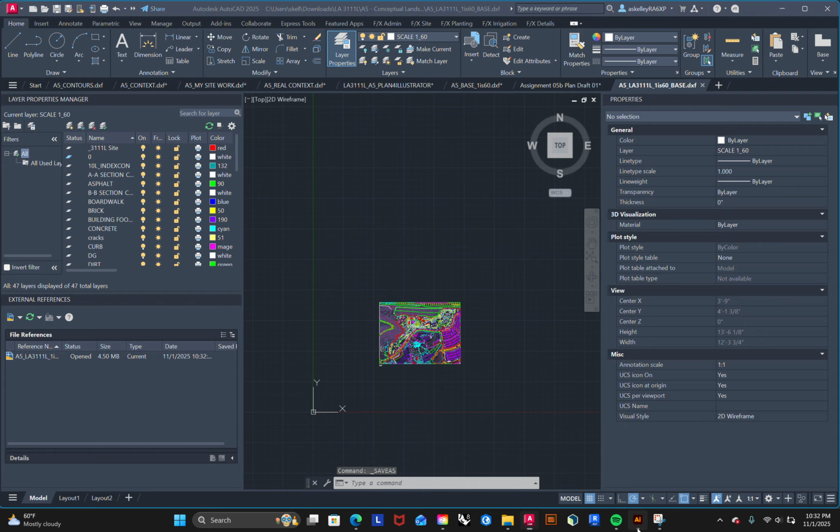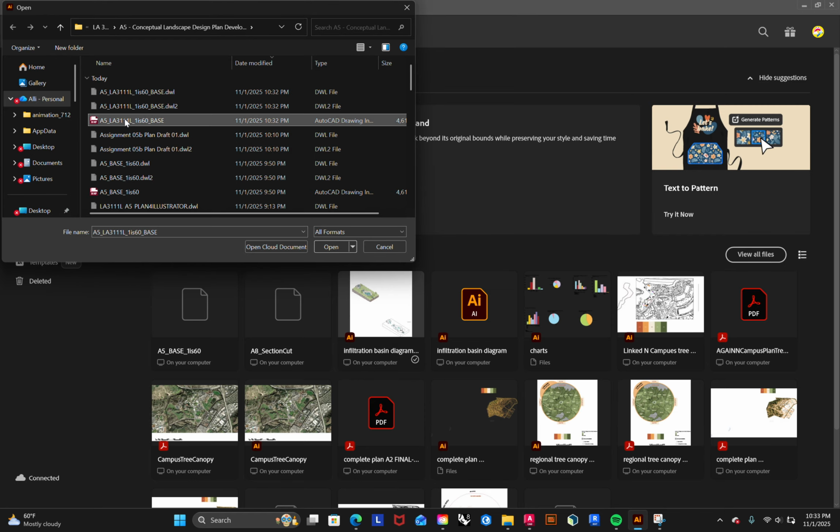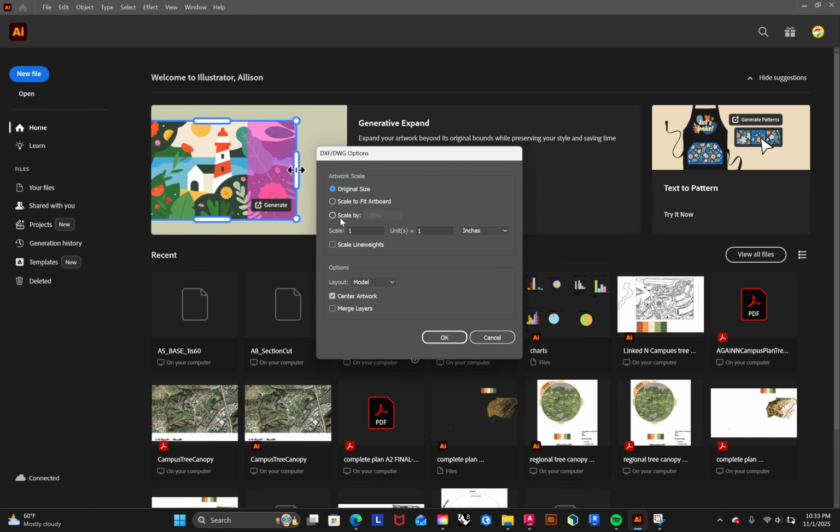So it's saved. And now you open Illustrator. So when you open it, so you want original size or scale by, I would say original size should probably work. And we do not need to use the scale because we already scaled it in AutoCAD. But if your plan were to work, and it wasn't freezing and you didn't scale in AutoCAD, you can always use this and it'll scale for you in